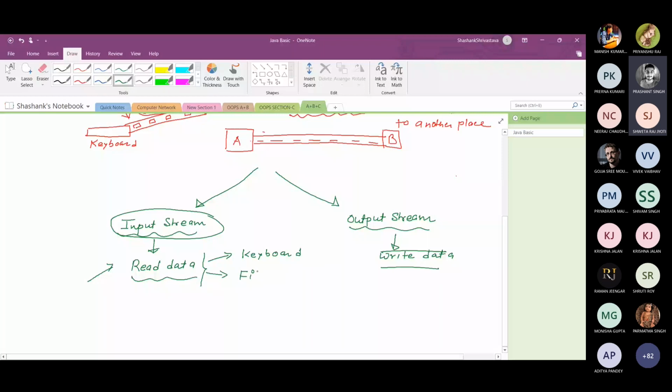We can even read the data from a network socket, in socket programming. Similarly, with output streams, we can write the data over the output screen, and we can write the data over a file, and we can write the data over a network socket.